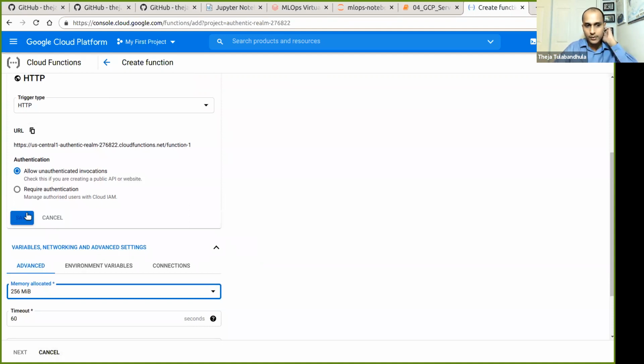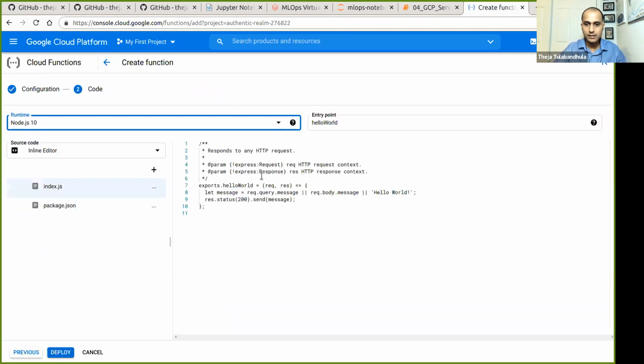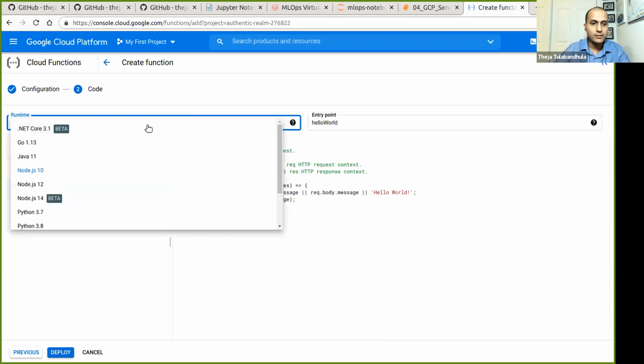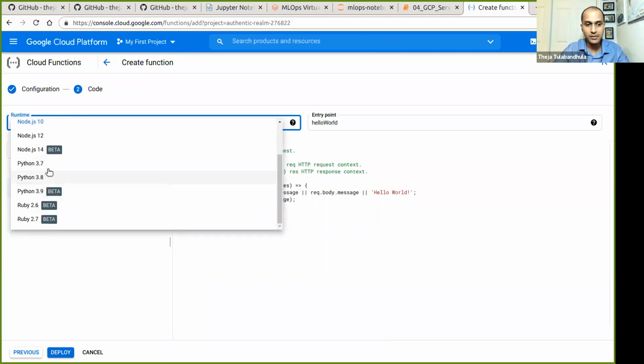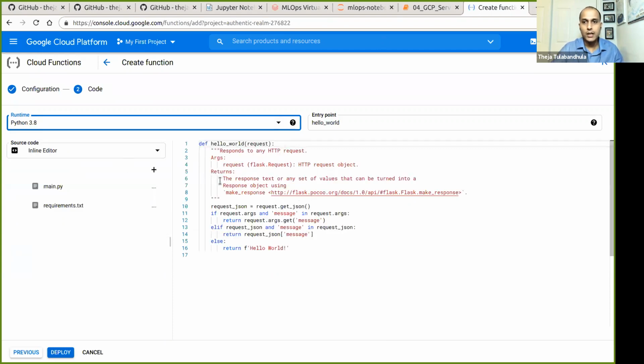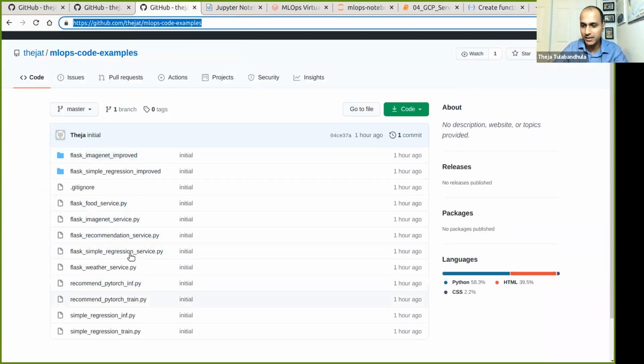Yeah, so that's good. Last time we saw how to pick one of these Python environments, right? So let's say we picked 3.8. Now what I'm going to do is adapt the code. Since I have this nice, easy to access repository, rather than looking at the code pieces within the notebooks, I'm going to just pick one of these.